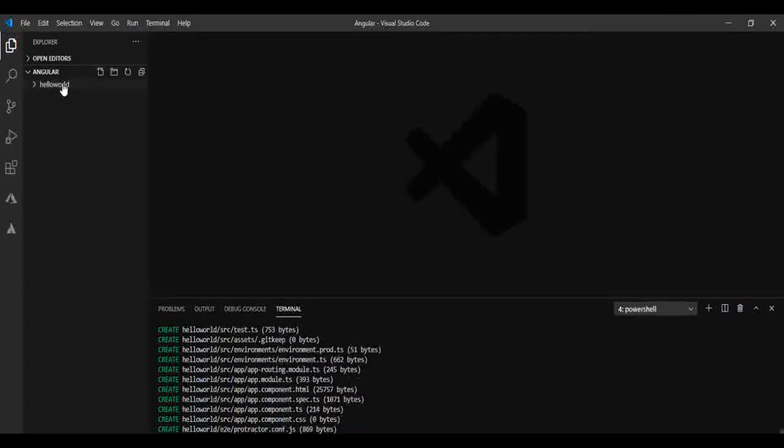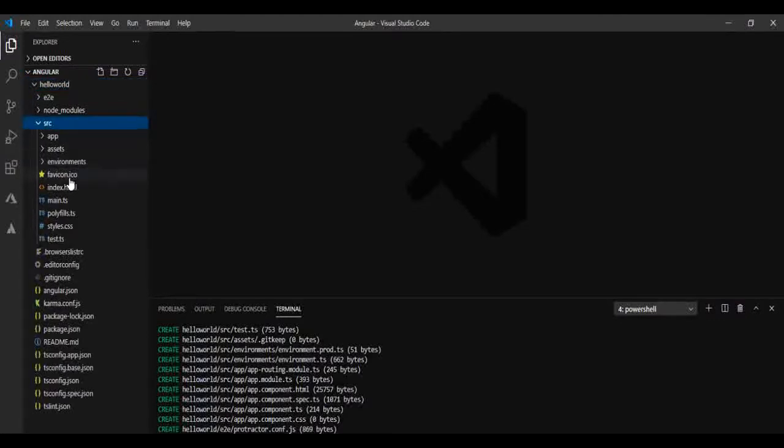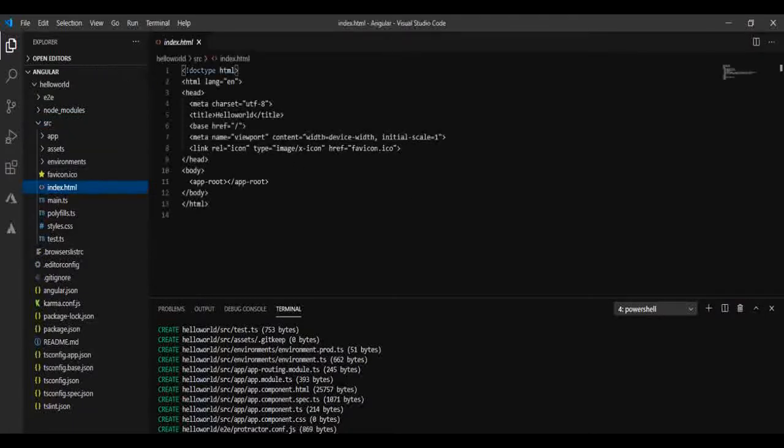The project is created successfully. If you want to see what is inside this project folder, the hello world folder, you will see this folder structure, which is created by the Angular CLI, not by me or anyone else. This folder structure is very important. The src folder contains app, assets, environments, and the index.html file, which is the main entry file required in an Angular application.